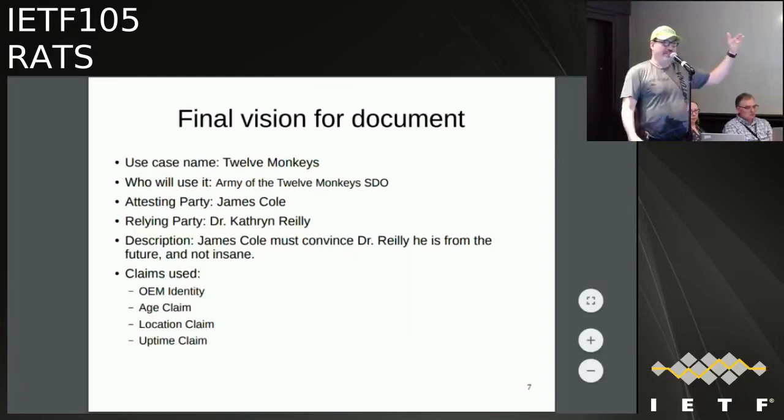A palette of things that you may say about it. And so the intention is in the use case, what are the claims that you're going to be making use of? In order for this to be useful, this is just two things. First of all, it motivates why that claim exists in the EAT document. And that's the whole point, the use cases.